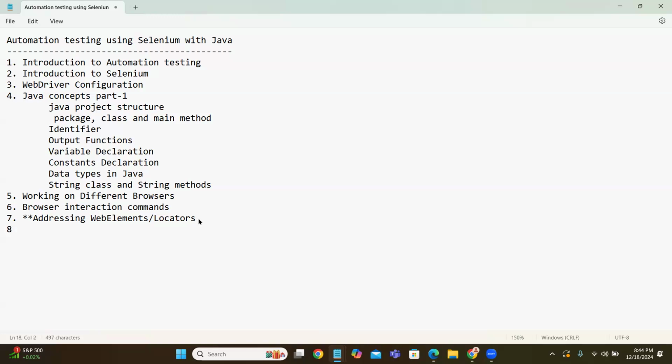The next thing, again, Java concepts, part 2. Here first we are going to discuss the operators in Java and flow control statements like conditional statements, loop or iterative statements,